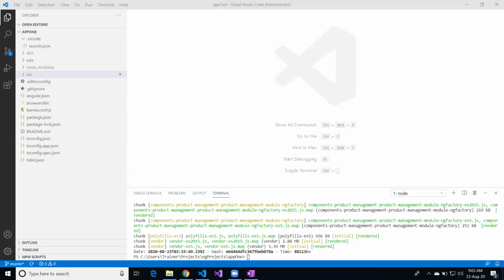And minify is the concept where the empty spaces, extra lines and comments and those kinds of things are taken out and made into a .min file. For JS files, it will be .min.js, and for CSS files, new files will be generated called .min.css, which would be very compact in their code, and that would help reduce the bundle size being transferred from the server to the client, thereby increasing the performance. So what we have over here, after running that ng build successfully, it didn't throw any error,